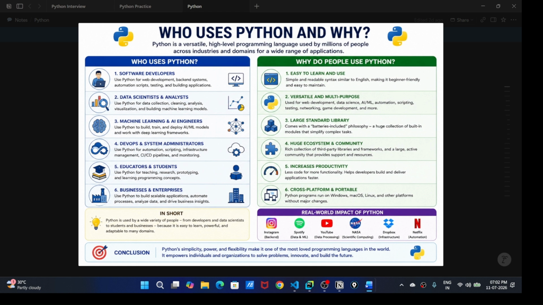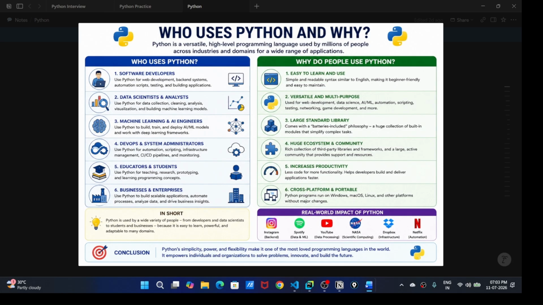Whether you are in data analytics, data science, or data engineering, you also use Python because you work with large amounts of data. They use Python to collect data, clean data, analyze data, and visualize the results. Next, AI and machine learning engineers. Today, AI is everywhere. Whether you are a student, technical or non-technical, knowingly or unknowingly, everyone is using it on a daily basis in different formats and platforms. AI engineers use Python to build, train, and deploy machine learning and deep learning models.